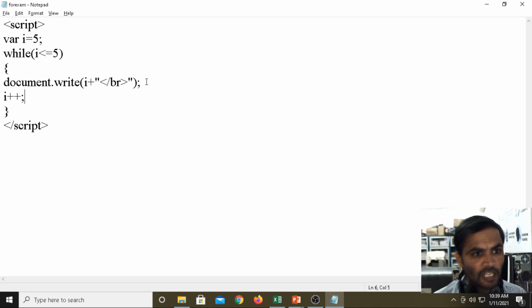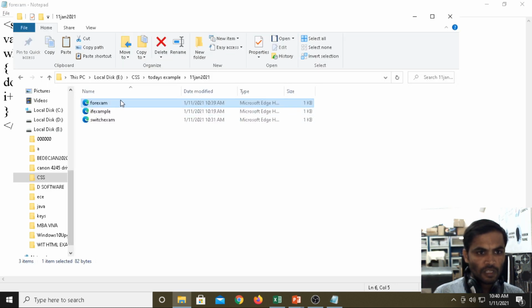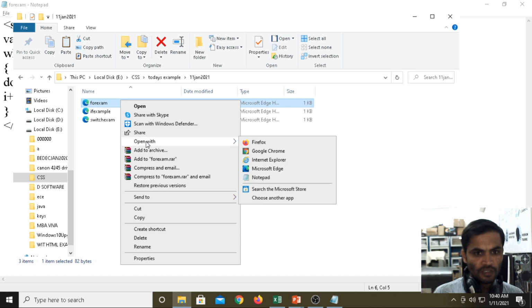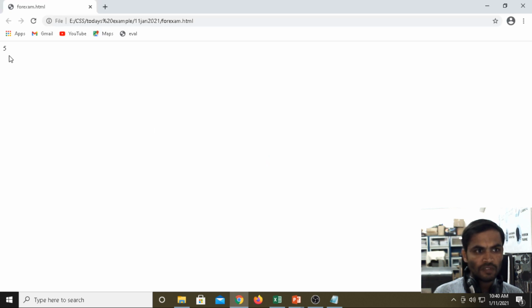After executing the condition, if you want to iterate the loop up to 5 times, i less than 5, we are giving 5 times, the loop should execute. Now just the condition is executed, maybe the loop is not iterating. Then open with Chrome. See here, we are getting the 5.